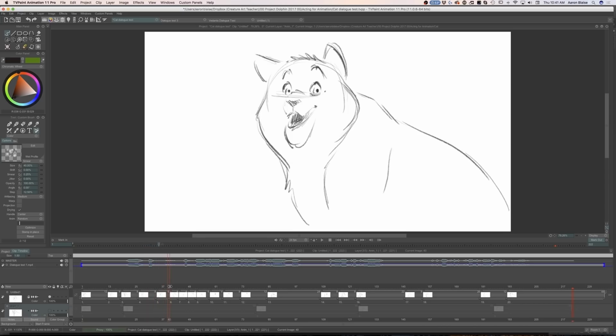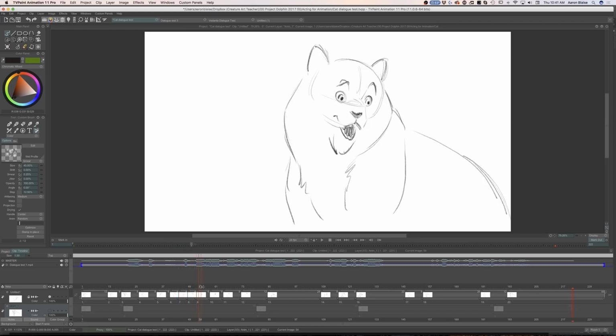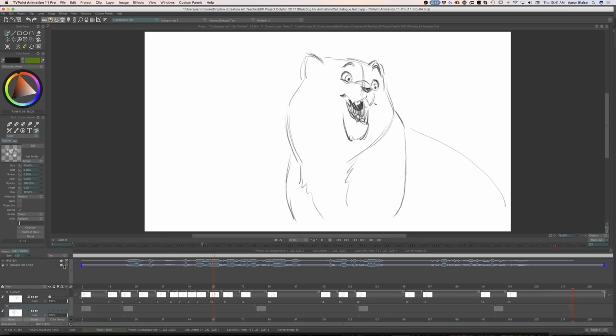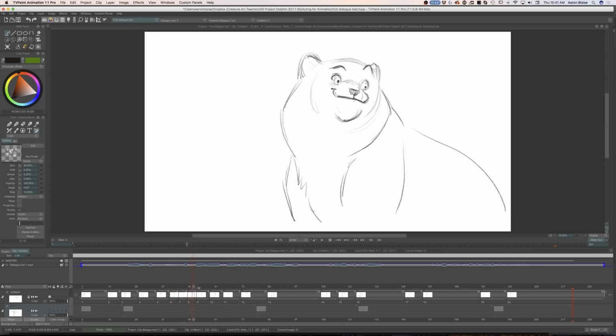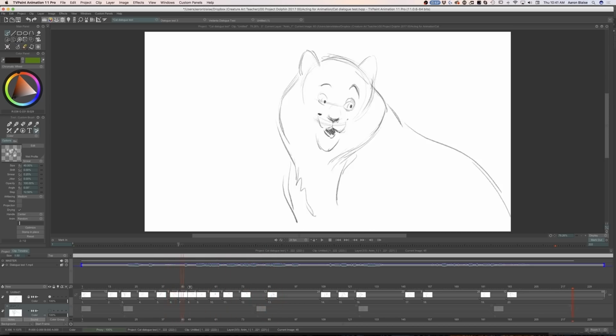And here, I went straight ahead. Here's where I went. I just did one drawing after the next. I'm going to turn the sound off. I just went straight ahead and hit the key poses as he moved into that final key pose right there. So he's nodding his head.